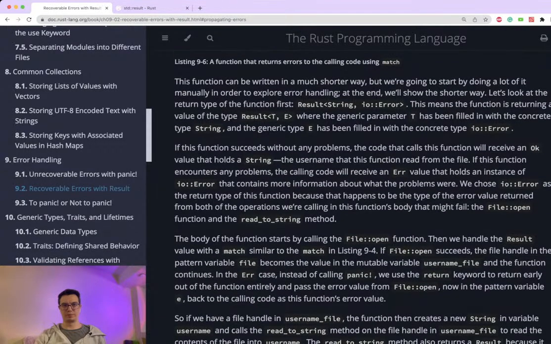So this function can be written in a much shorter way, but we are going to start by doing a lot of it manually in order to explore error handling. At the end, we'll show the shorter way. Let's look at the return type of the function first. So it's a Result which leads to Ok with value String, or